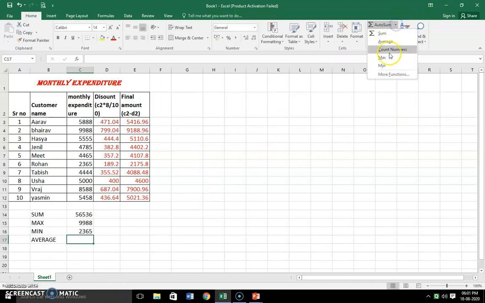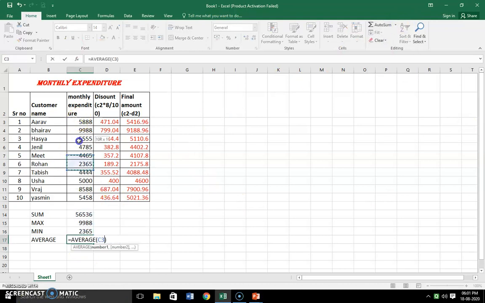By default it will select the numerical data that is adjacent to it, but we can select the range and change the data range over here. So all these are simple functions. They always start with the equal to sign.